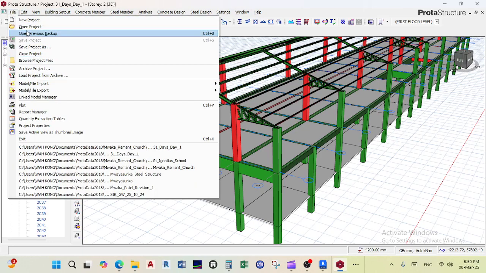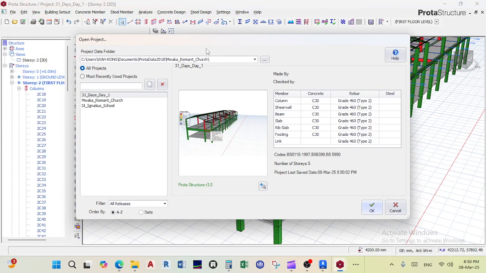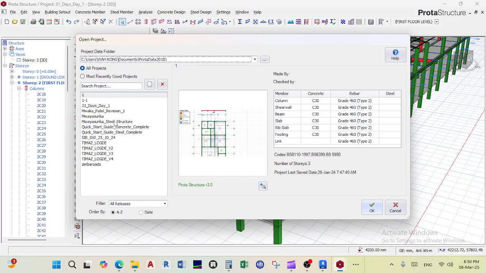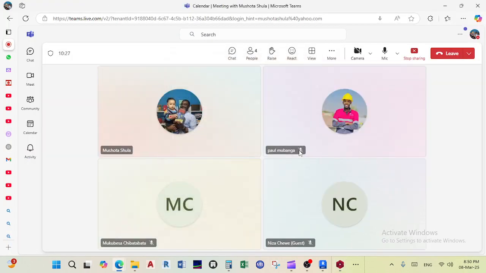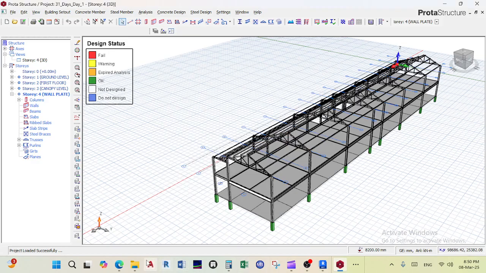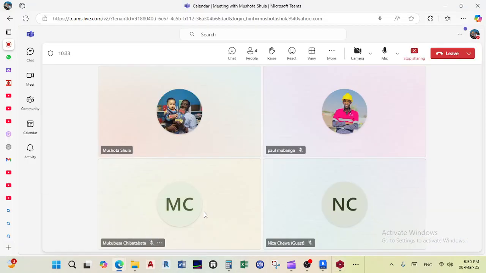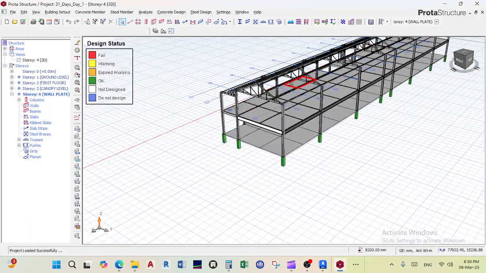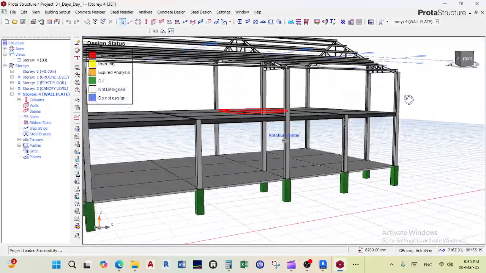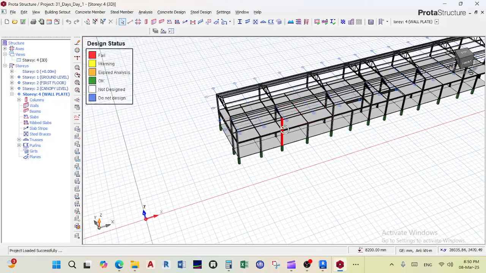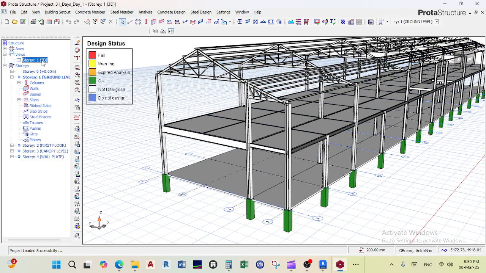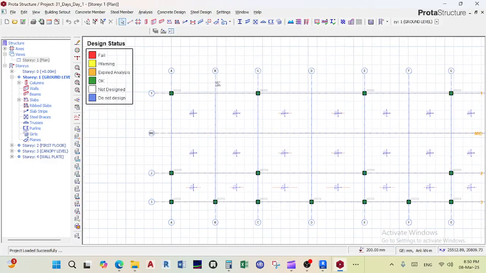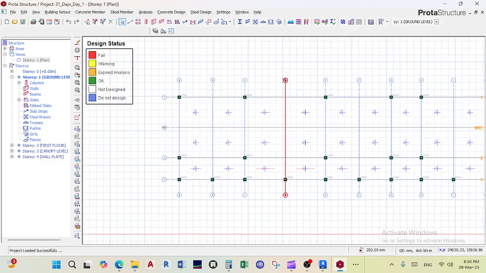So let me open that other one, the one with steel. What is it? I think it's this one. Oh, okay. So we have this one that has steel and then it's got some concrete. We started by creating grid lines on the ground floor. We created those grid lines and then what else did we do? We created the stubs themselves,